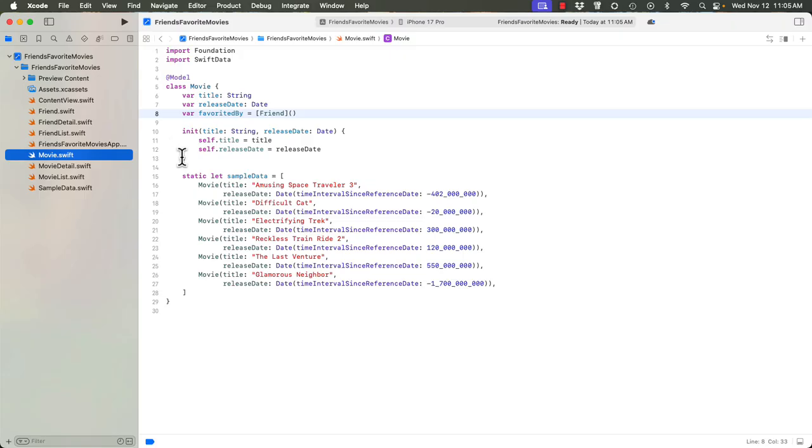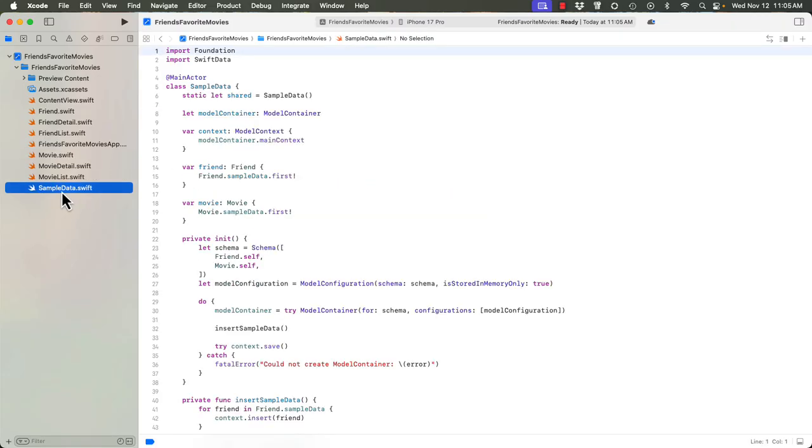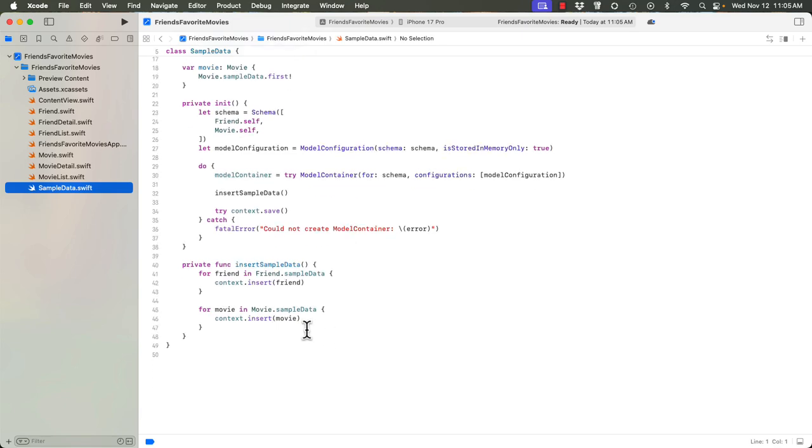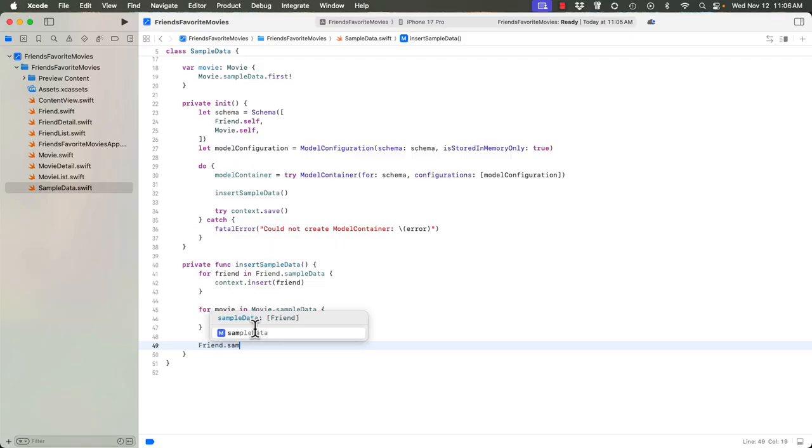Now that we have that relationship established, we need to create a few sample data relationships so that we can see this in our preview. So as we update the UI, we have some content that represents this new relationship. So here in our insert sample data method, in that function, we want to create a few relationships where we say Friend.sampleData, and we're referencing the array of friends, and we're going to say for 0,